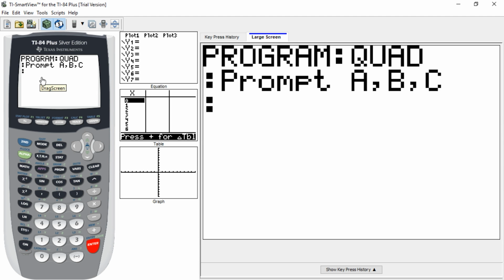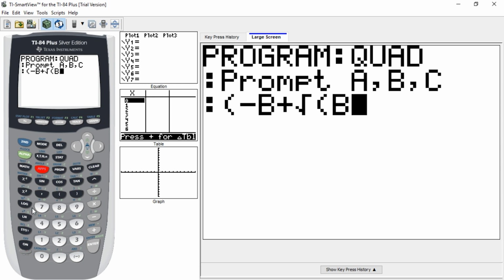And we need to encapsulate the entire equation to do this properly. So we're going to do that by using our left parentheses, and then we'll say minus, and we're going to use our B variable, so B. And on the first one, we're going to do plus, and we're going to do the square root, so that's second, and square root is right here. And we're going to say the square root of B squared, so B, and then squared. And then minus 4AC,